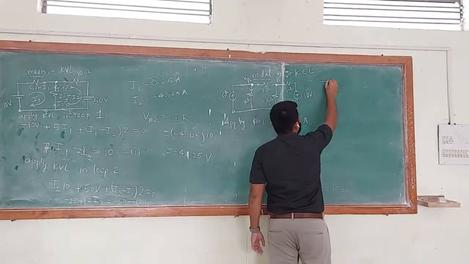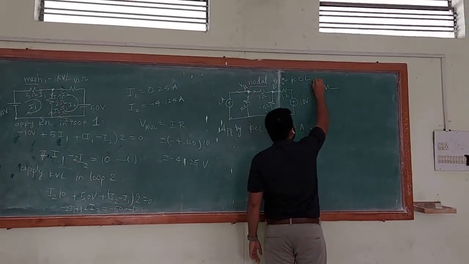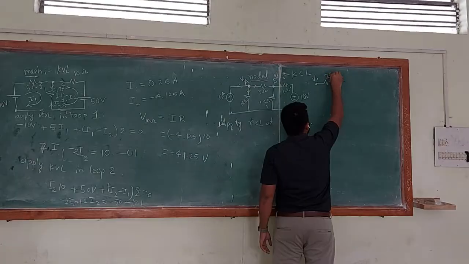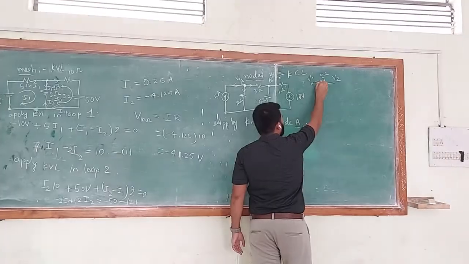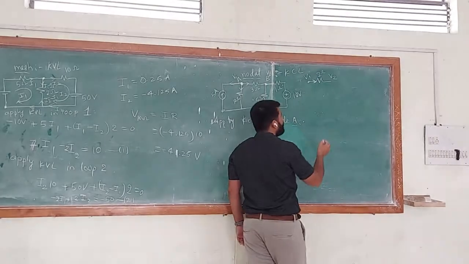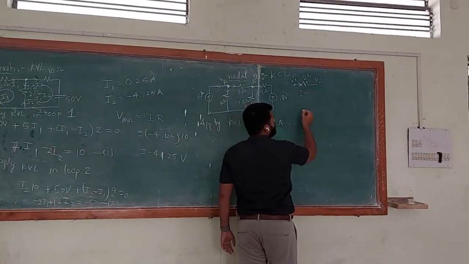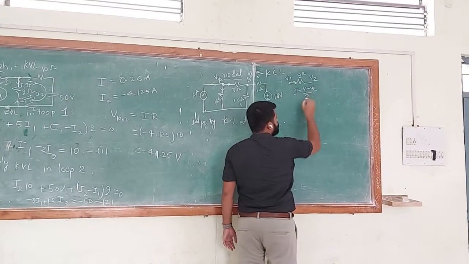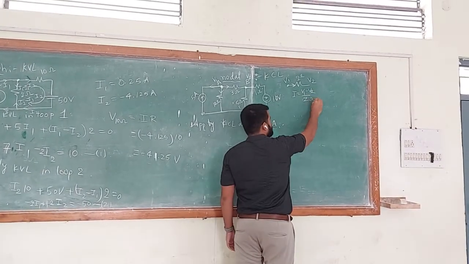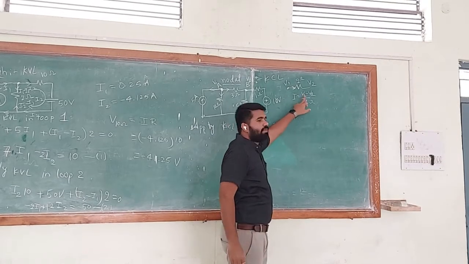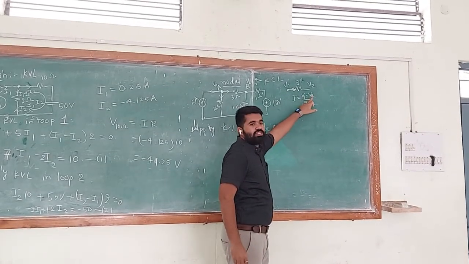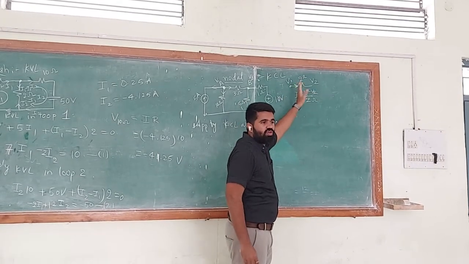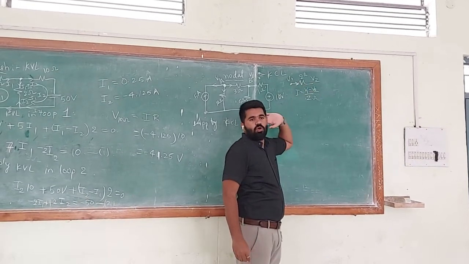Try to understand. If it is V1 voltage, V2 voltage, and I am taking the resistor value as 2 ohms, the direction is from V1 to V2. The current is equal to V1 minus V2 by 2. Is this Ohm's law? I is equal to V by R. How is the current direction? From V1 to V2. V1 is higher potential, V2 is lower potential.